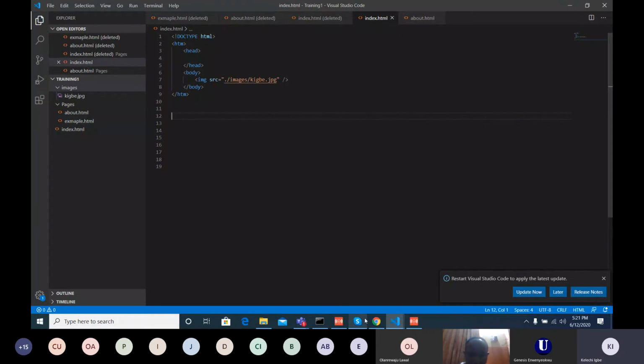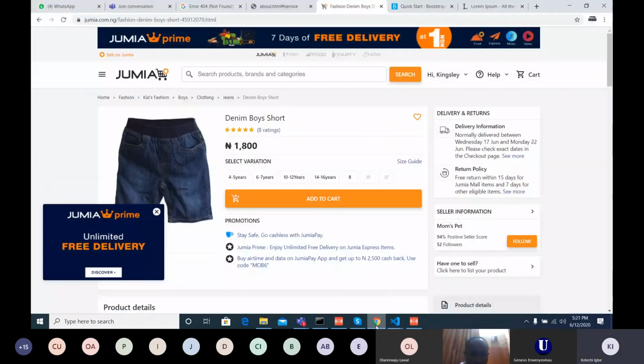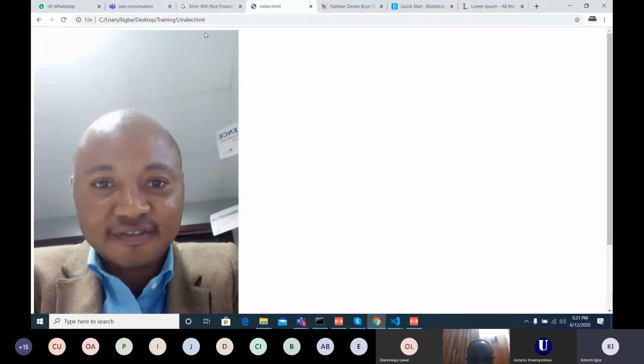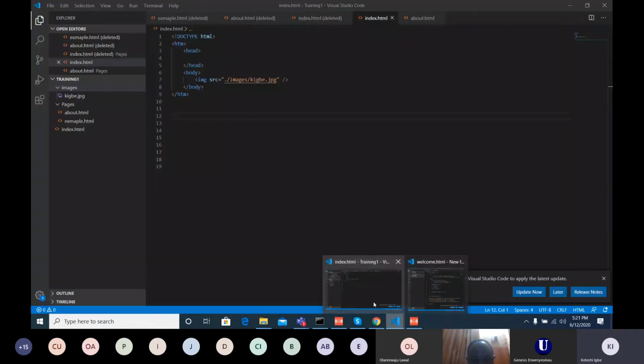So that's on my index page. Then if I go to my index page, hurrah. So this is my picture here. So we can see this image. But the question is, this image is very, very big. Can we decide the height and width that we want? Yes, we can decide the height and width that we want. That is when we use what they call